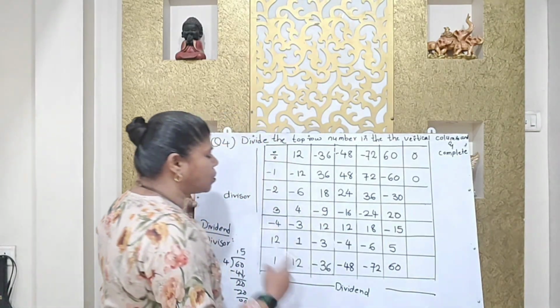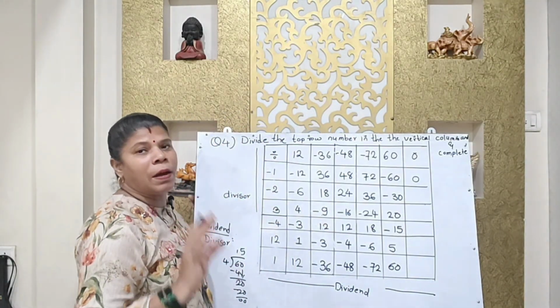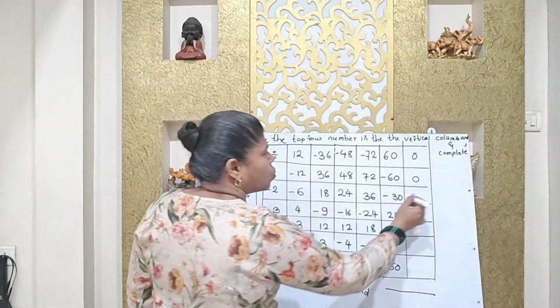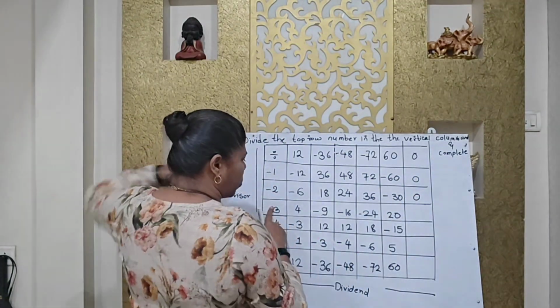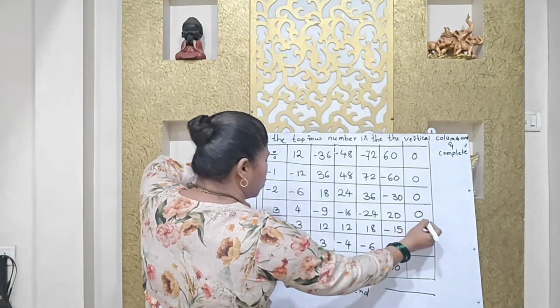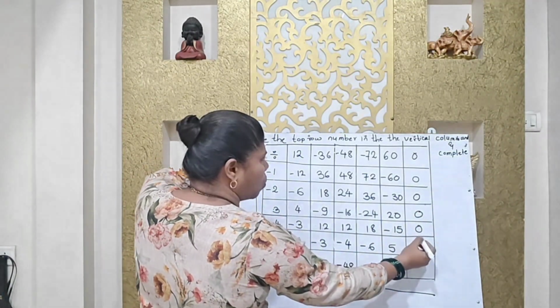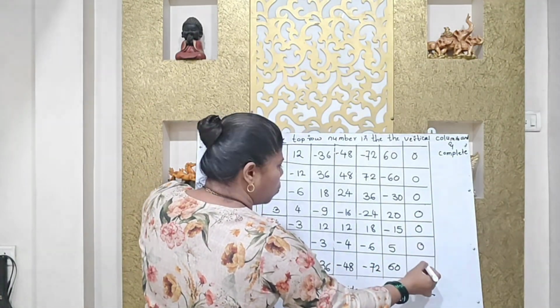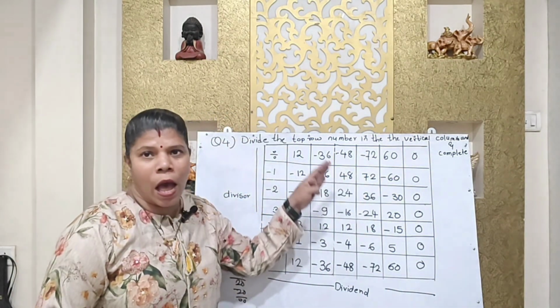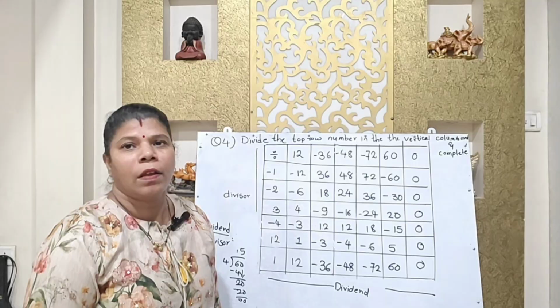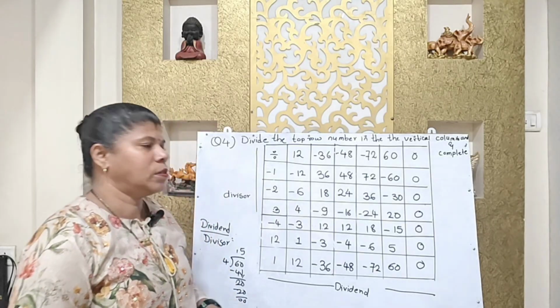If we divide 0 by any number, answer will be 0. So 0 divided by minus 2, 0. 0 divided by 3, answer will be 0. 0 divided by minus 4, answer will be 0. 0 divided by 12, 0. And 0 divided by 1, answer will be 0. So now we come to know how to fill this table. Okay, just write down